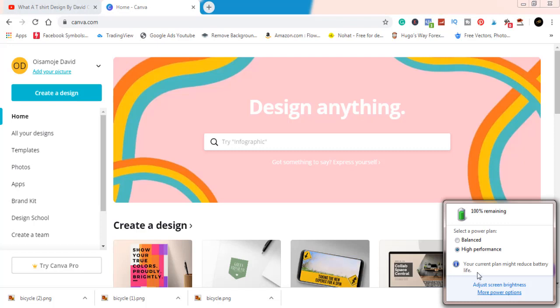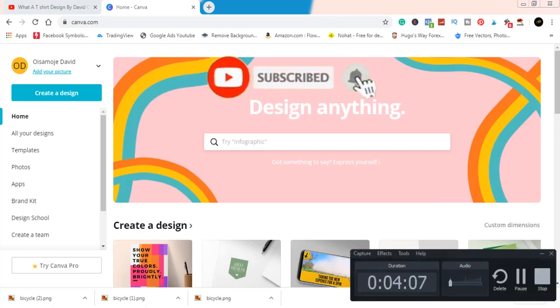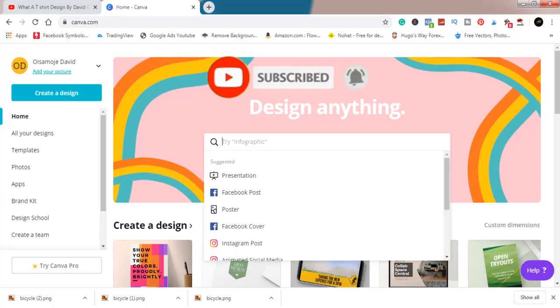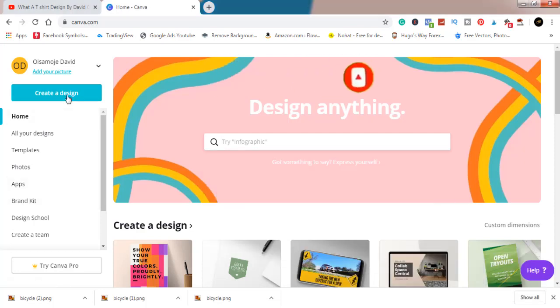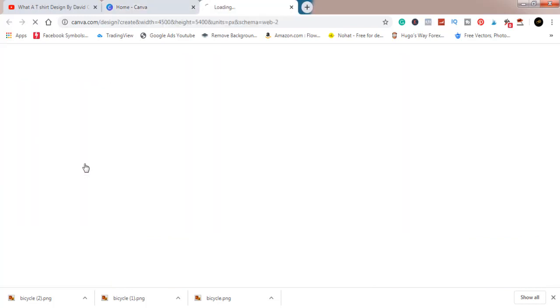It's super easy to do. So just follow me on this journey while we do that. Now we'll click on create new design, custom dimension. The standard is 4500 by 5400. So just click on create design.